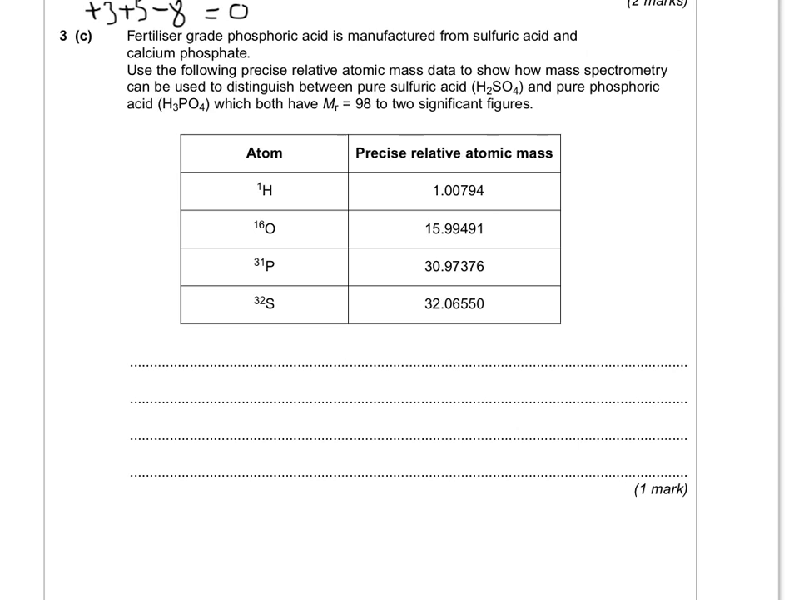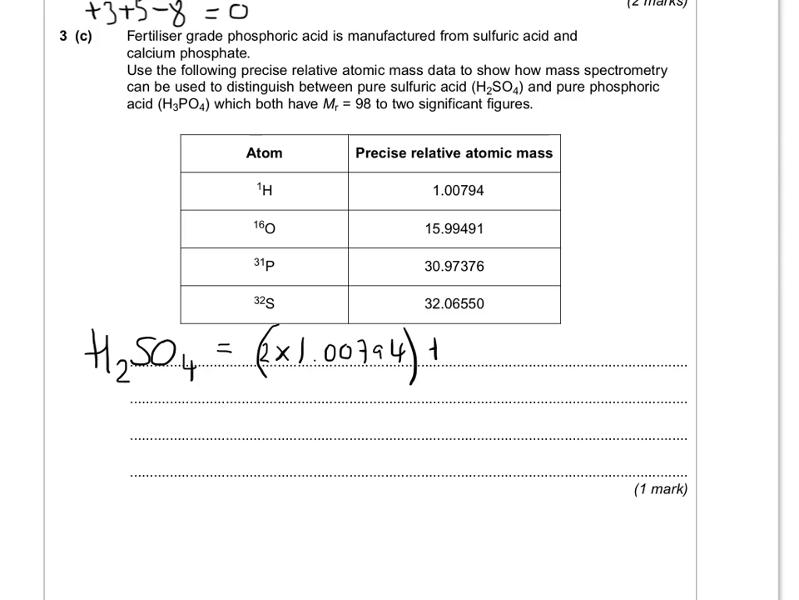This next question, mass spectrometry question. So fertilizer grade phosphoric acid is manufactured from sulfuric acid and calcium phosphate. Use the following precise relative atomic mass data to show how mass spectrometry can be used to distinguish between pure sulfuric acid and pure phosphoric acid, which both have an Mr of 98 to 2 significant figures. So all you have to do here is basically prove, by adding these numbers together, that they have different Mrs to 5 decimal places. So for sulfuric acid, you've got H2SO4 equals 2 times